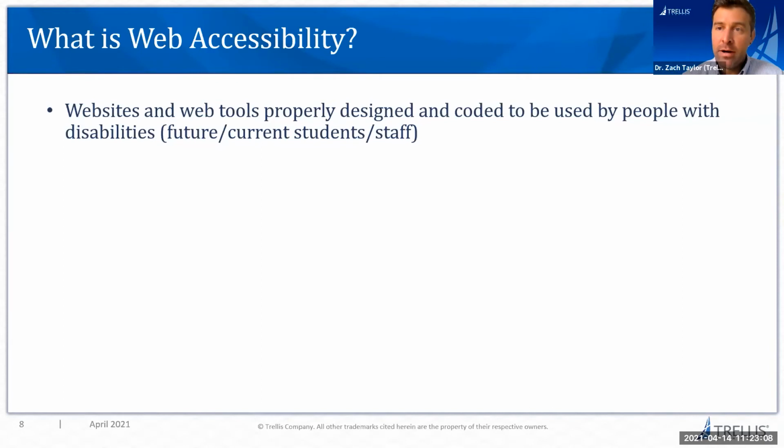Chelsea was talking about earlier, students arrive on campus with a crazy wide spectrum of disabilities, and every student might use a different assistive technology. There are certain standards you can follow when you're building websites, building course content, marketing materials. Let's say you want to send a flyer to your students, encouraging them to complete the FAFSA or join you on some sort of virtual event or an on-campus event. All of that information can be built in a way that no matter the disability, no matter the assistive technology, everyone has access to the same.